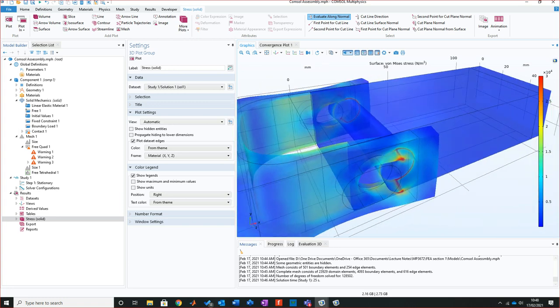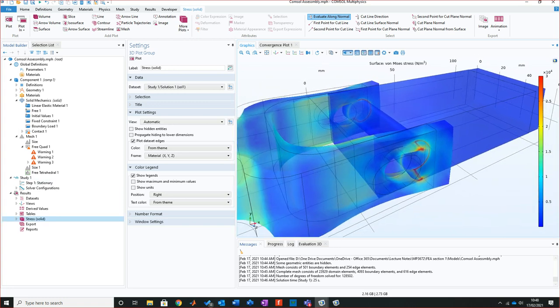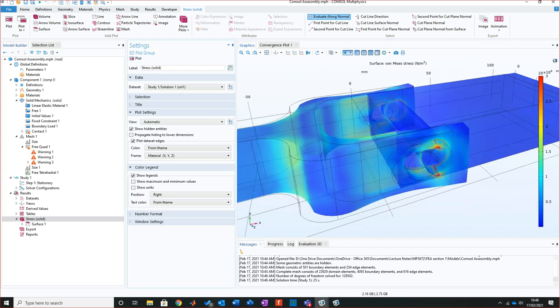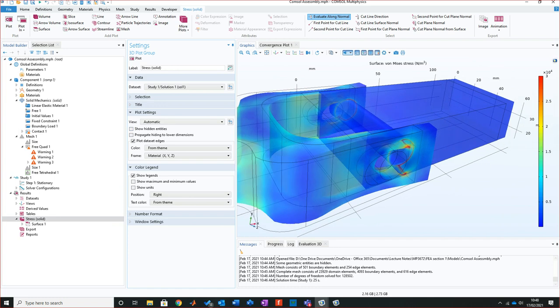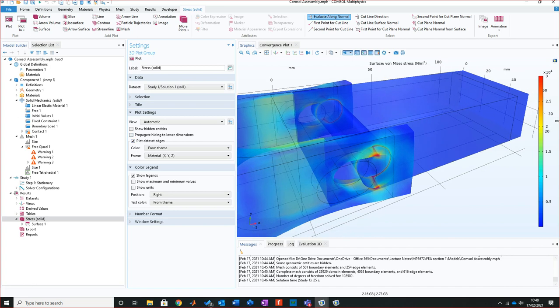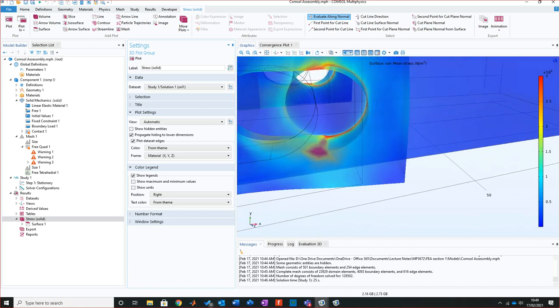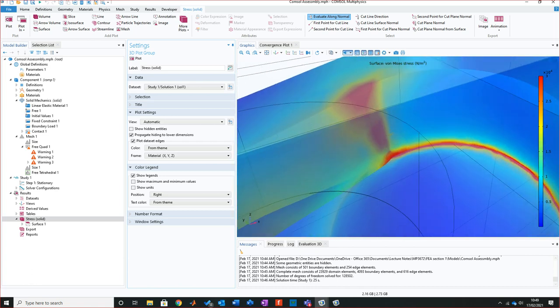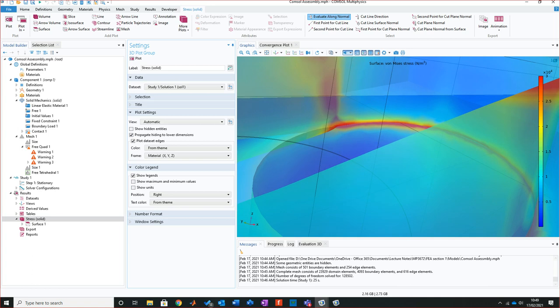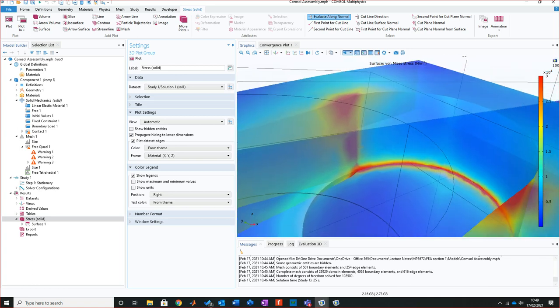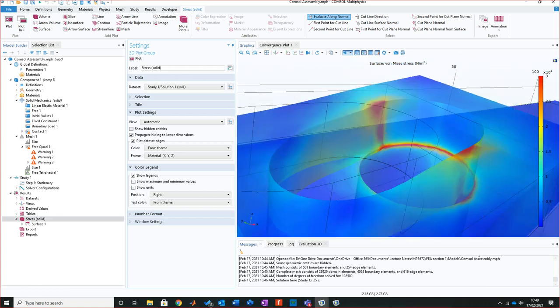Now, if you look here on my stress plot, what I really want to be able to see is what's happening to the hidden components. If I click plot, oh sorry, that's hidden entities, that's just giving me the lines. If I click plot, what I actually want to do is propagate hidden to lower dimensions. And what you can see there is just the interface between that pin to the block and the